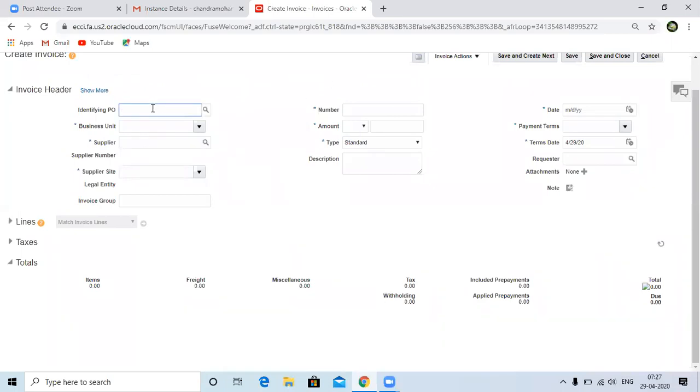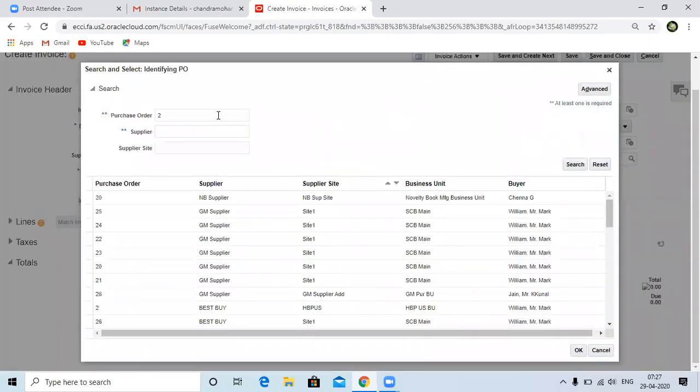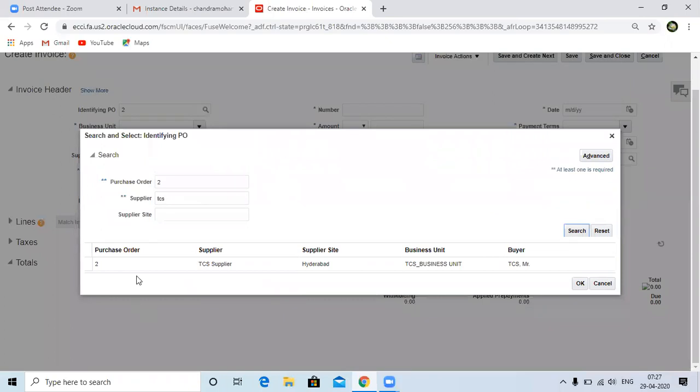So let's select the PO number, against which PO we are creating this. Take the supplier as well. There are so many PO numbers with the same number. So this is the purchase order which was created by us. Select that purchase order and click on OK.